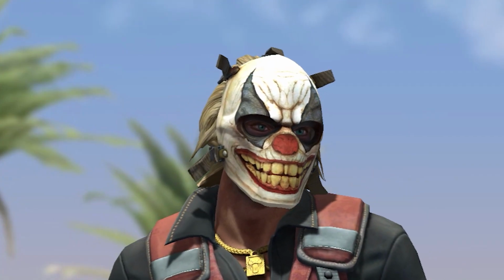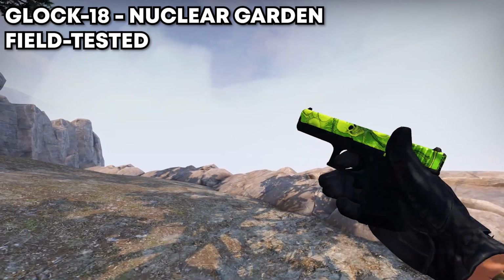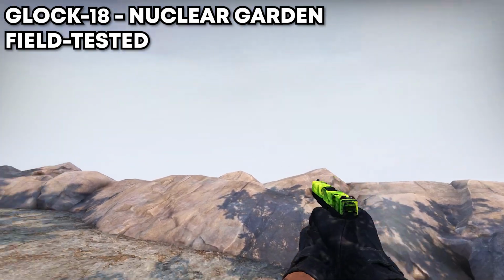Today we're looking at the cheapest green loadout on CSGO. So, to start off the list, we have the Glock 18 Nuclear Garden in Field Tested, which on Steam goes